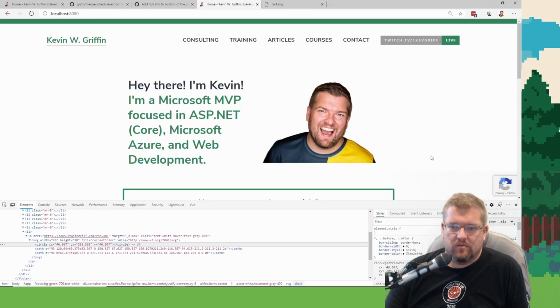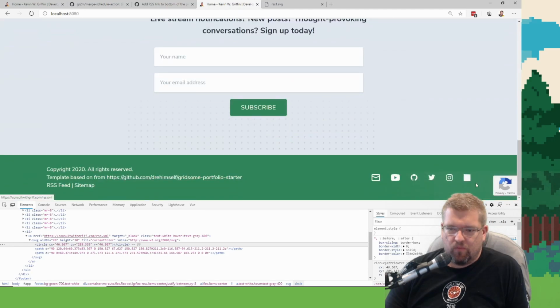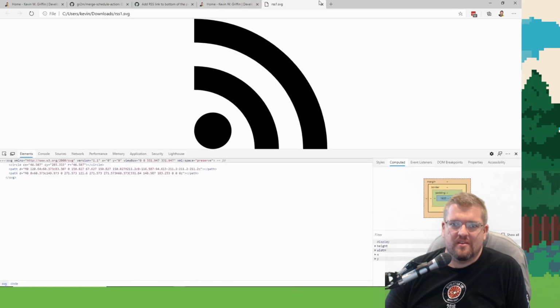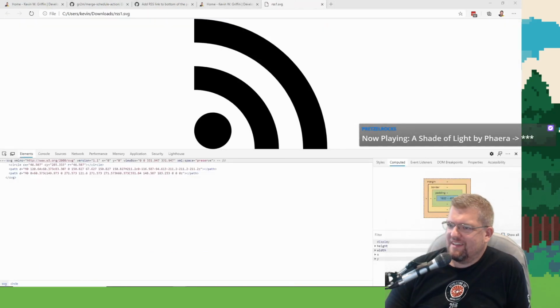So why is mine just a white box? Oh, unless. Yep, I bet I understand. How do you do an inverse then? SVG inverse is what I want. Can you invert?